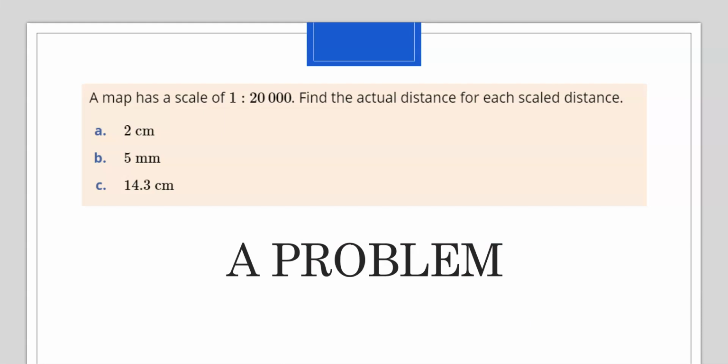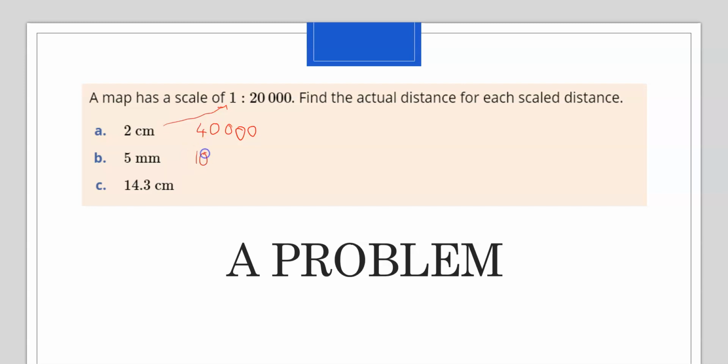Okay, so if we've got a map of 1 to 20,000, and we want to find the actual distance for each of these. So we've got 2 centimetres, so 2 is double 1, so we need to multiply our 20,000 by 2. So we get 40,000. Okay, we've got 5 in real life, so we want to multiply our 20,000 by 5. So that gives us our